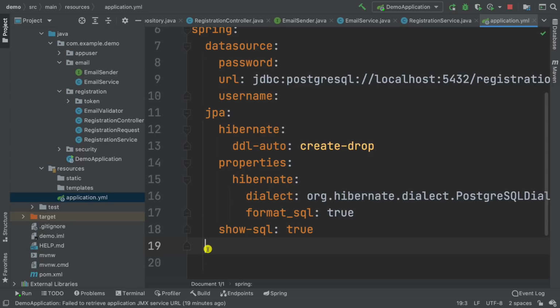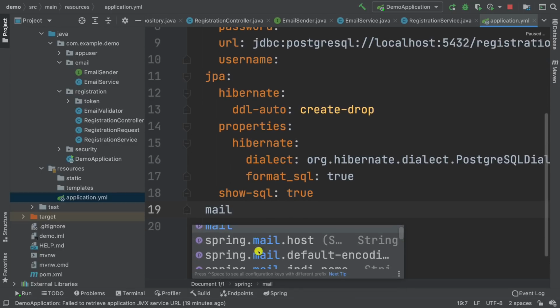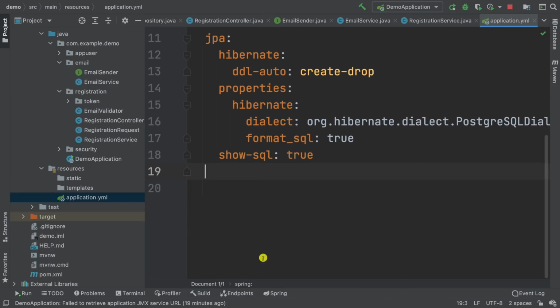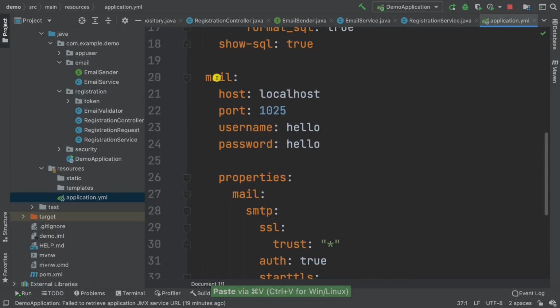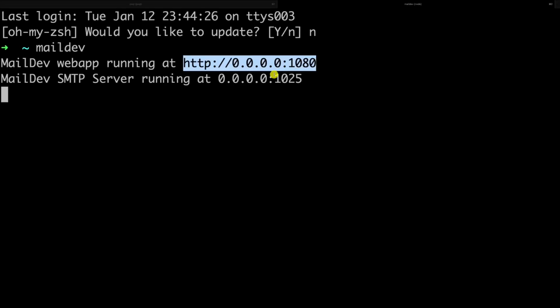So the indentation matters with YAML. So here I can say mail, and you can see that we have a bunch of properties. So I actually have this on my buffer, and again, you can find all of this from the repo. And basically I'm just saying mail and then host, the port 1025, which is this one. So the one for our mail server,